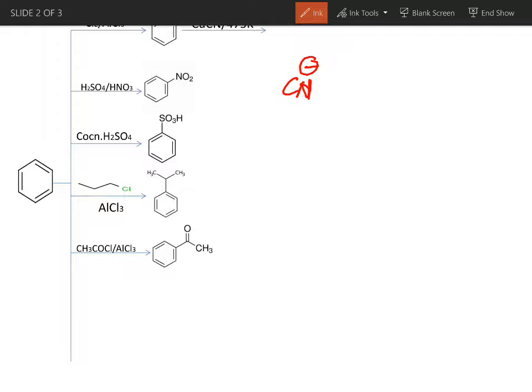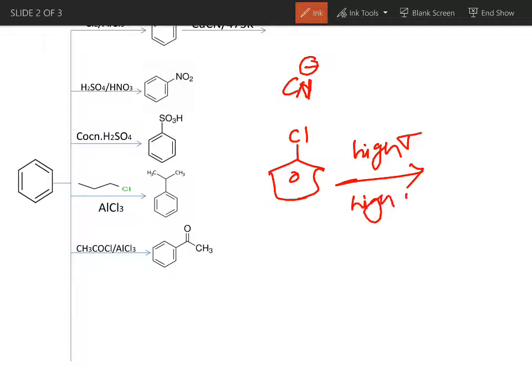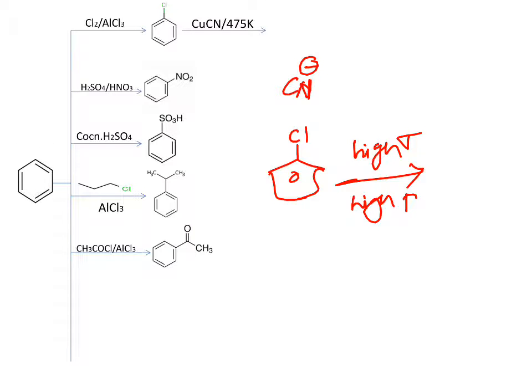On benzene and benzene derivatives, nucleophilic substitution reaction is not possible at normal conditions. It requires some drastic conditions. That is, on chlorobenzene, if you want to introduce CN-, which is a nucleophile, it requires drastic conditions, and that is high temperature and high pressure. Since they have given the temperature as 475 Kelvin, which is very high above room temperature, this can easily undergo